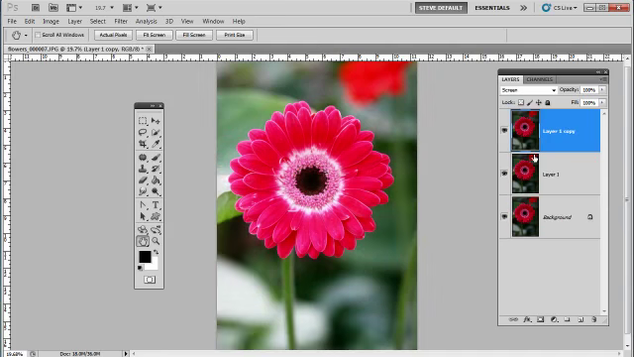Hit Command or Control J, and if you notice, if I duplicated it in screen mode, it also magnified the screen mode. So if you want this flower to be a little bit brighter, and 100% is too much, then I can go back down to 0 and just give it a little bit more. That looks pretty good. So I have two of these screen blend modes on top of each other, and what I want to do next is